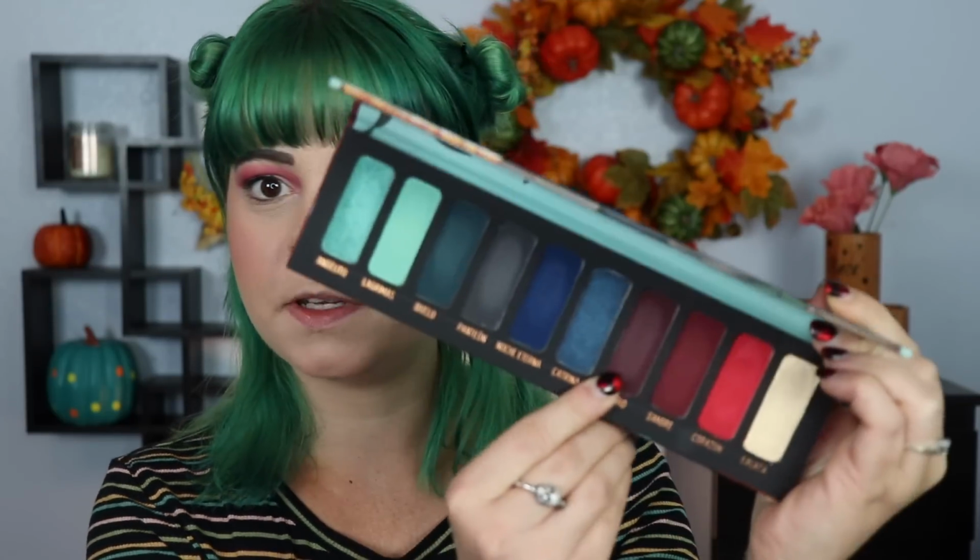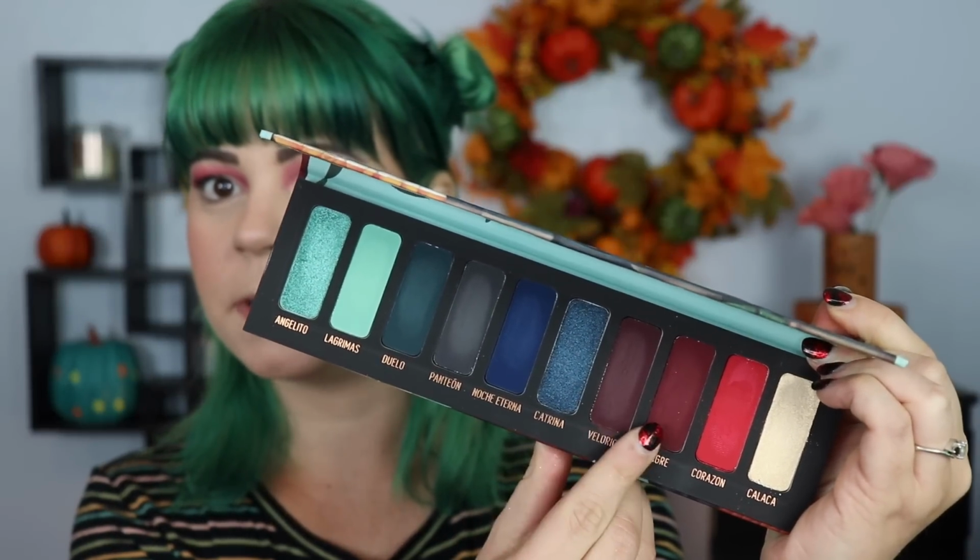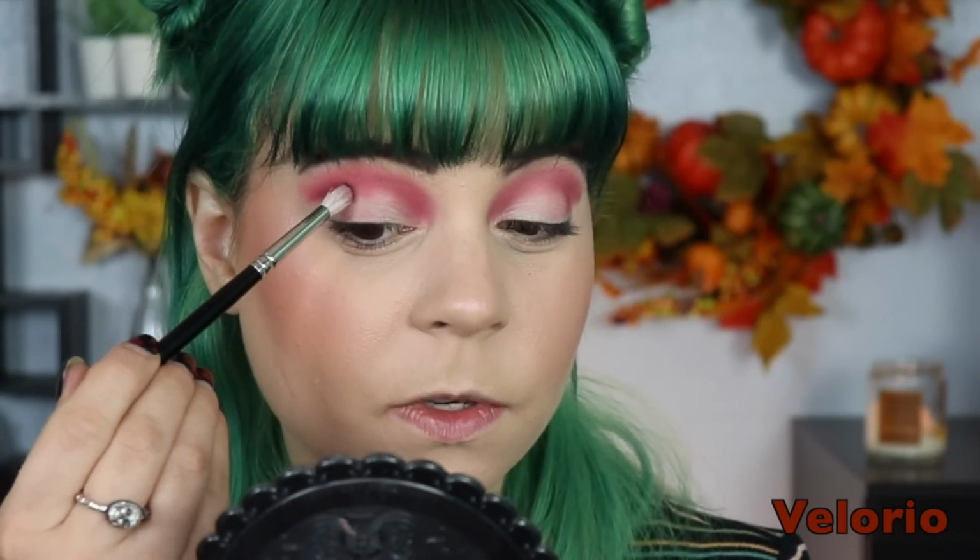So next up, I'm going to dip into the shadow right here. I'm going to skip this one because I don't like using too many shadows in my crease because I don't have that much space to blend things upwards. So I'm just going to go ahead and stick to 2 here. So I'm going to use this to deepen up my crease with, and then I think I'm going to go ahead and put the blue in my outer corner of my eye and kind of wrap that around and start with the blues on my lower lash line. I think that's going to be the plan, so I'm going to keep this shadow a little bit lower down,